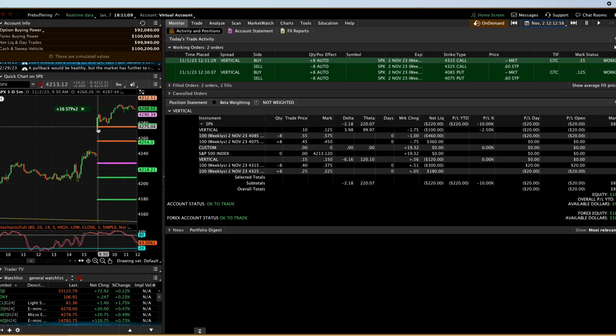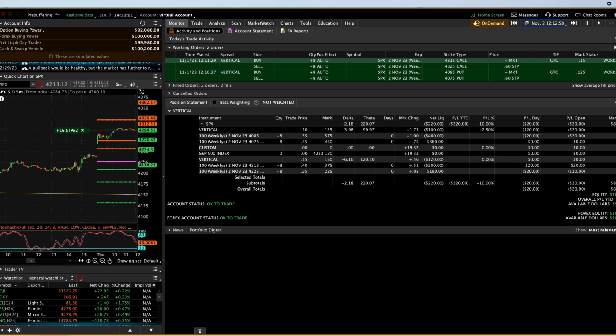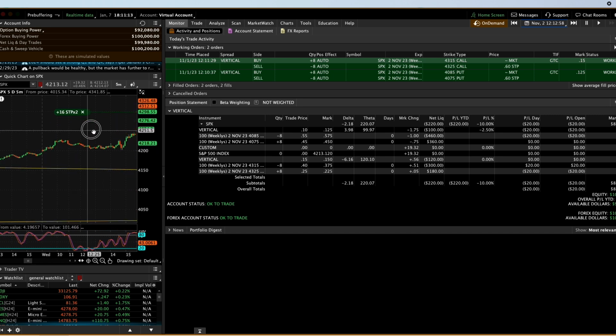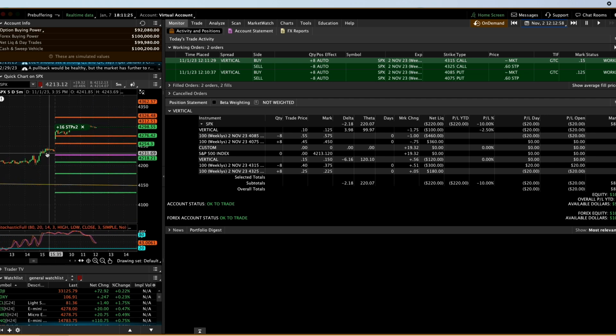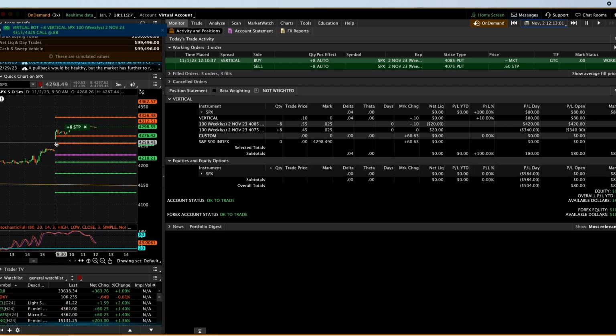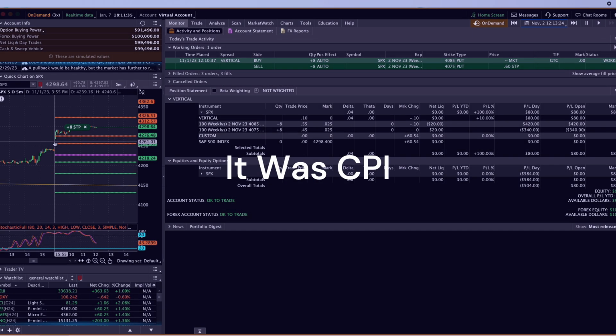And oh, nice. So let's see. Here's where we entered our orders. Previously, you can see we entered this little swing high, this little swing low. The market definitely jumped up on us. I'm pretty sure this right here was some kind of announcement, which is exactly what I said I was afraid of with doing this kind of thing.